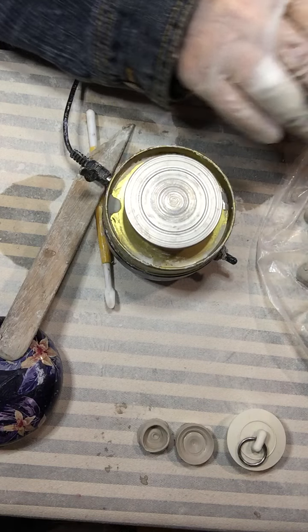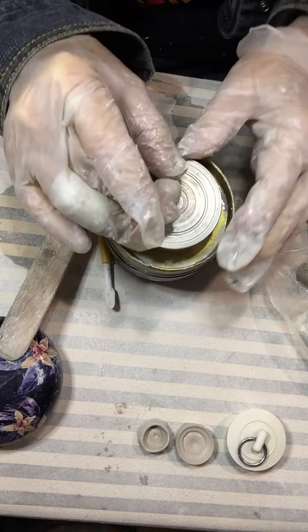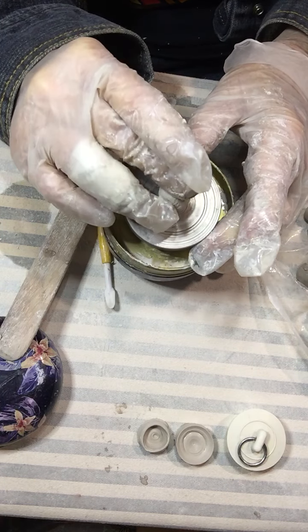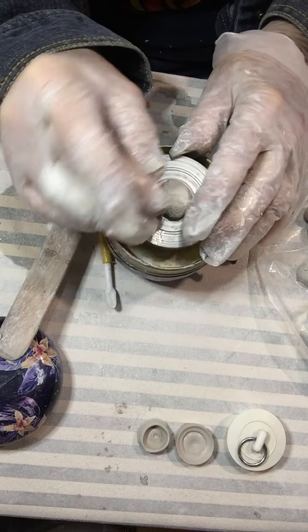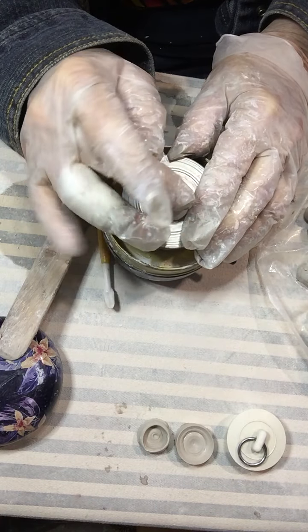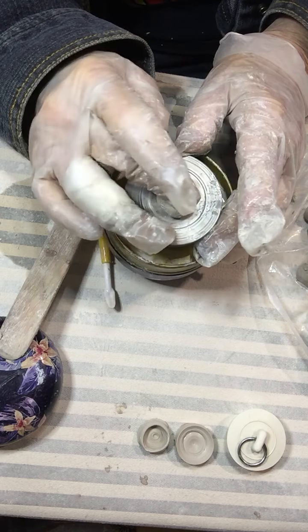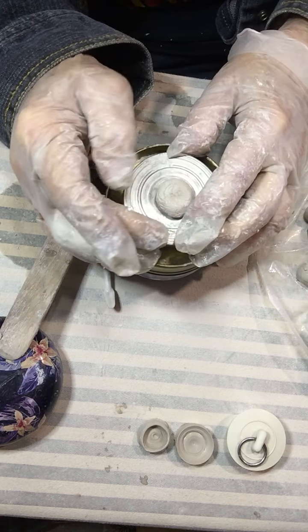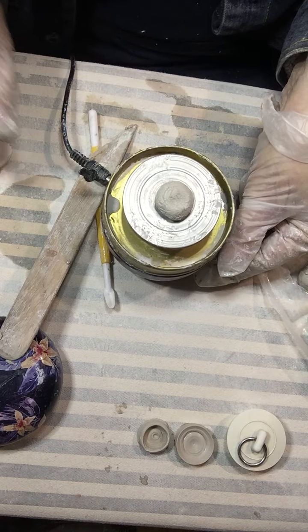There's, this is something I just found out. If you push the button down too far, you will get a wheel that's going in the opposite direction. So for those potters that want to do clockwise direction, it's already there for you. Okay, I'm going to spin this up. See, can we...